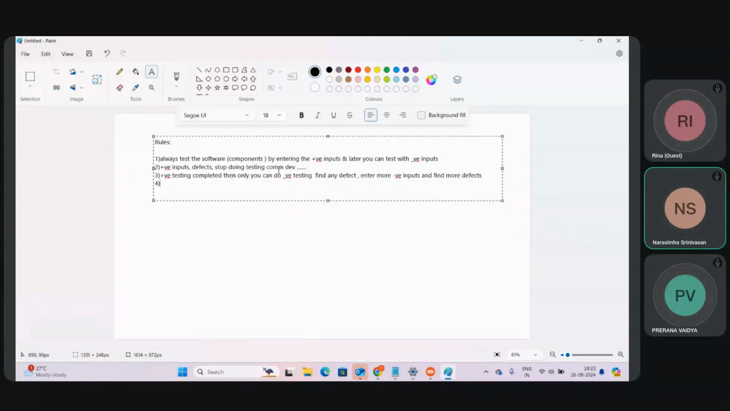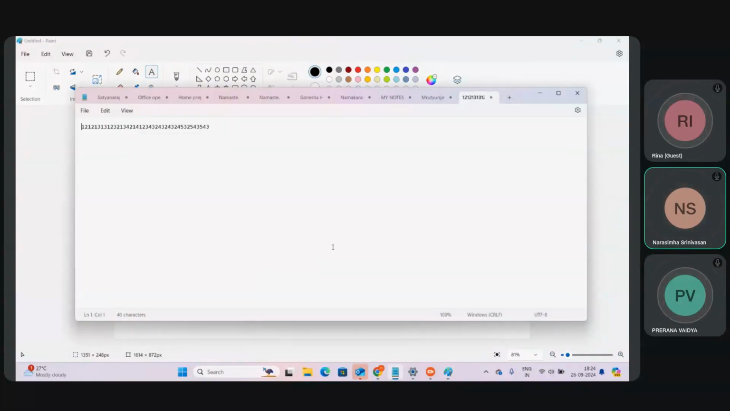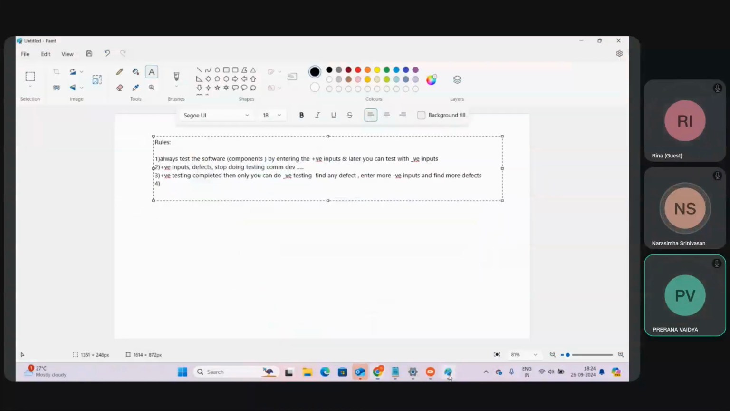While doing positive testing, if you are finding defects, communicate directly. Don't waste your time. But while doing negative testing, if you find any defects, just note them down in a notepad somewhere, noting 1, 2, 3 like that. Note down all the defects at one shot, and later communicate to the developer. As a test engineer, you should not